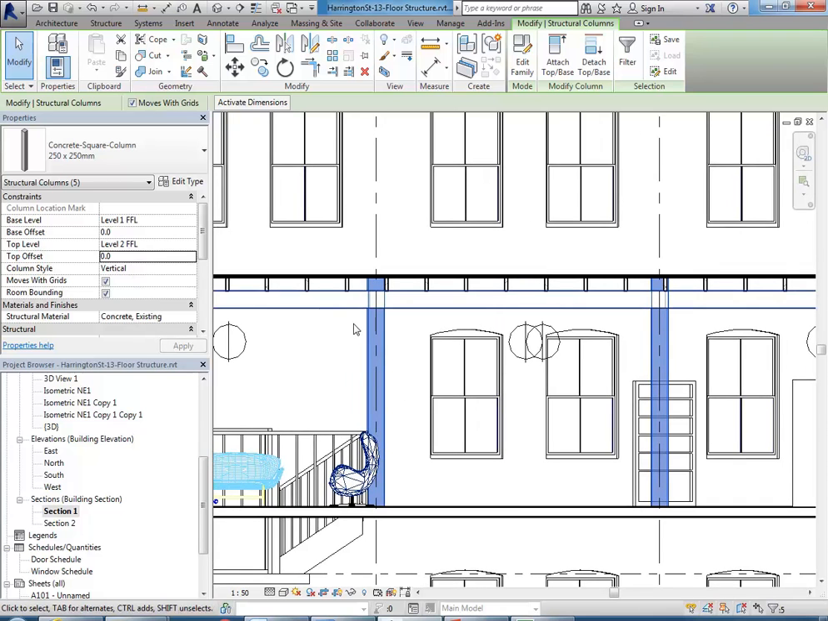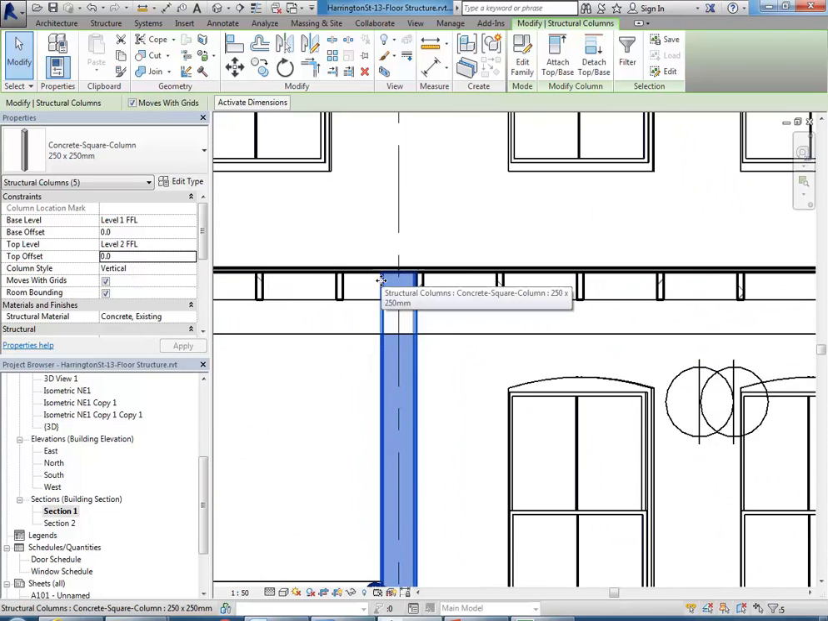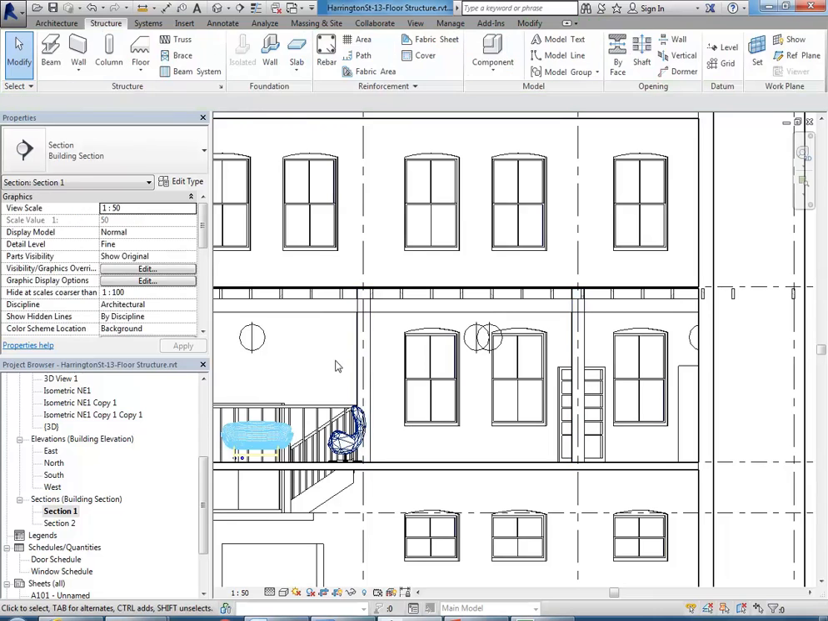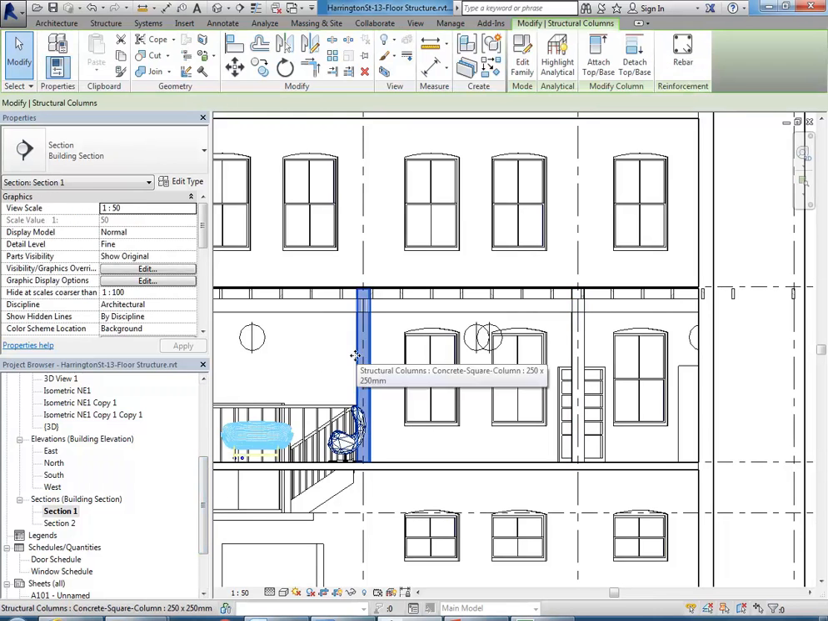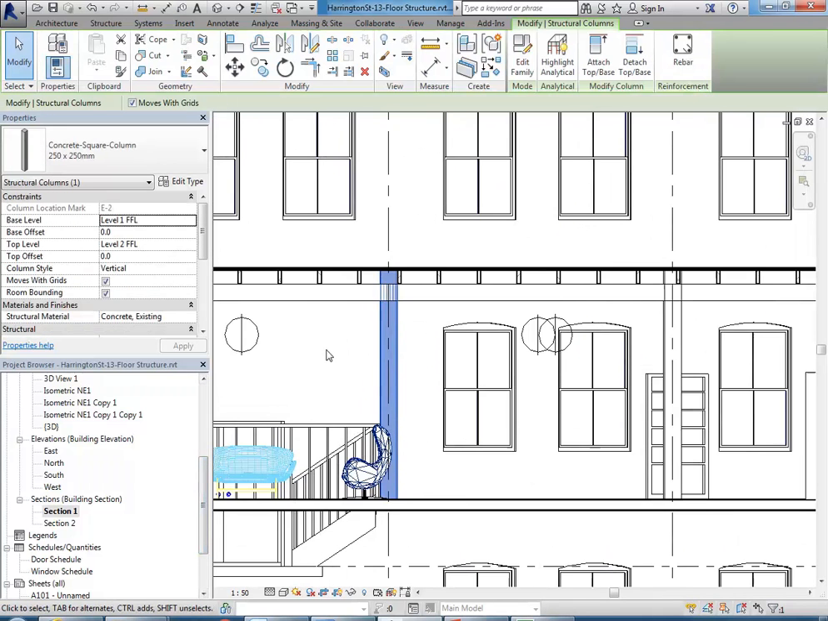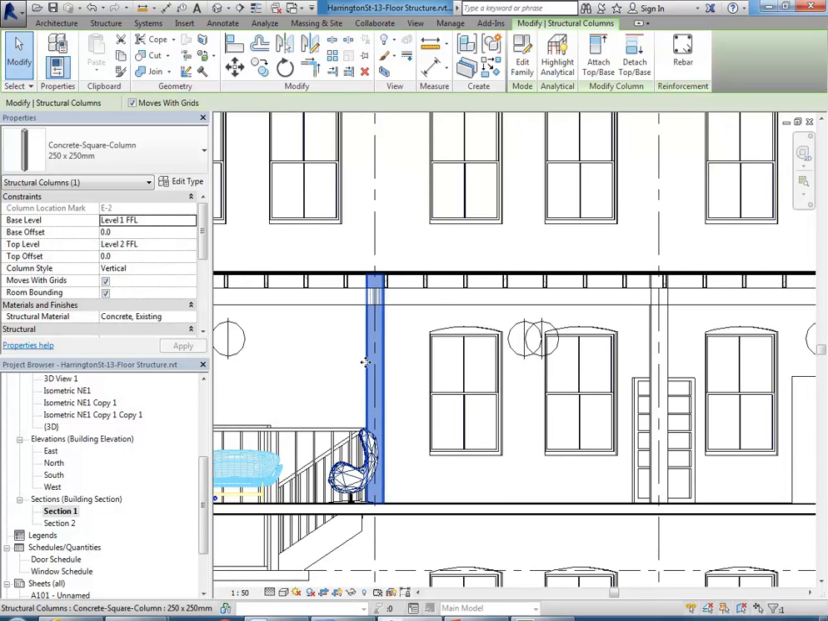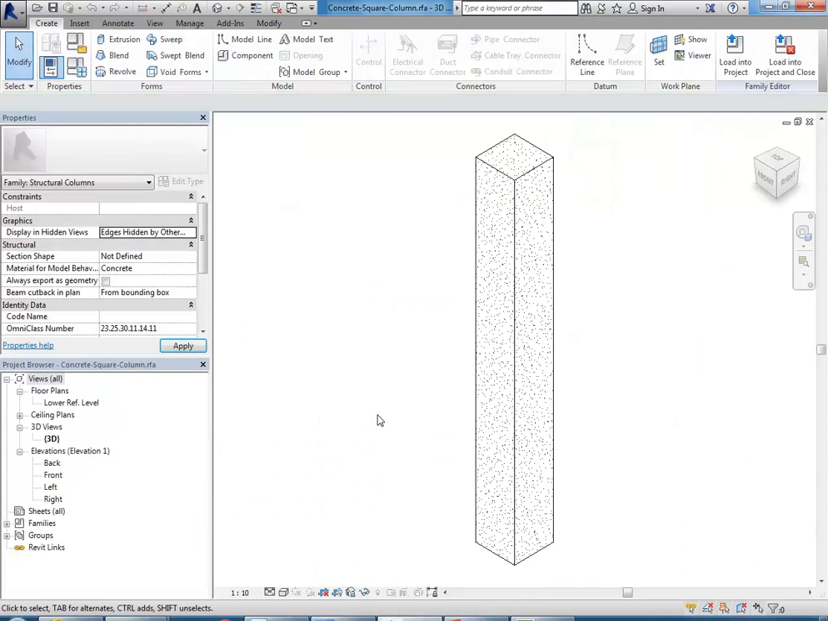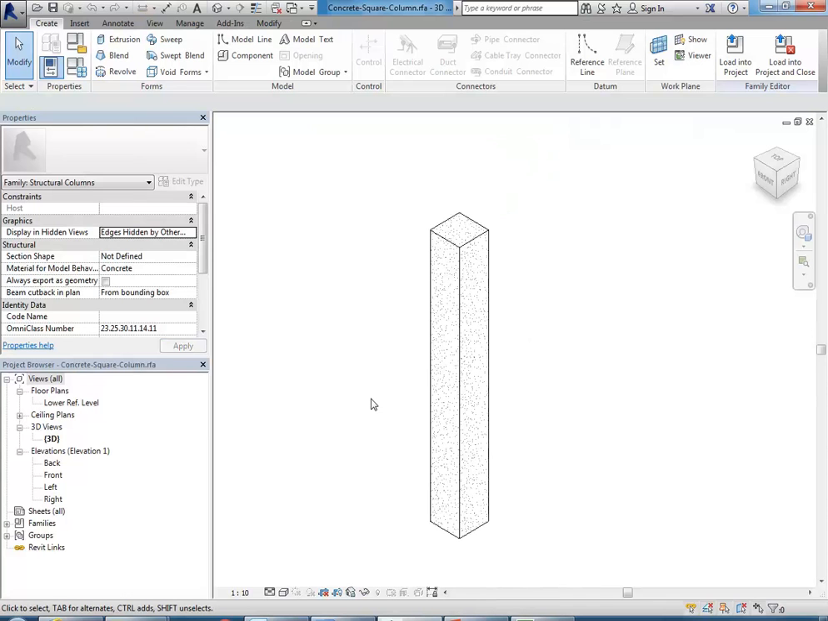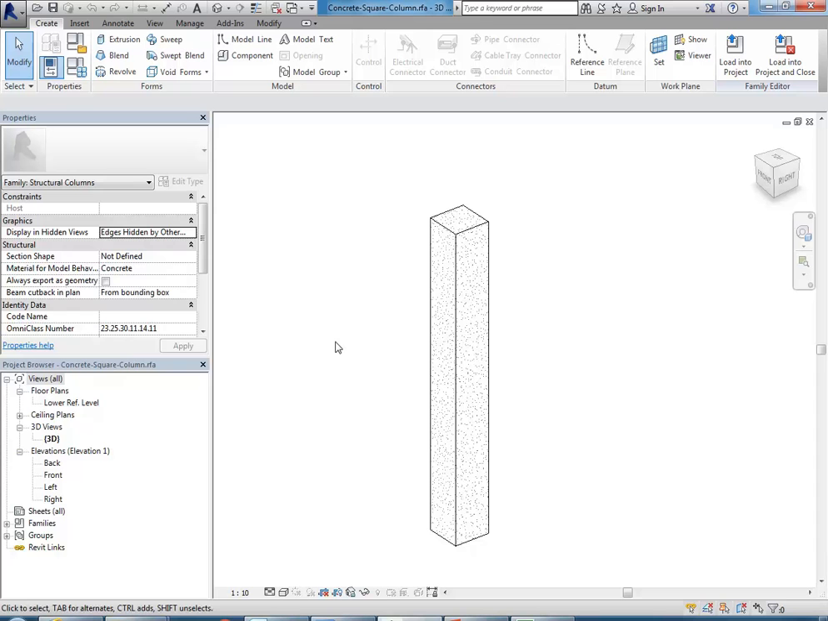Okay, so that's done, and now again I can select one of the columns, and it doesn't really matter which view I do this in. I'm just going to do it in the section. So with one of those columns selected, now I'm going to go to edit family, to see the column family file, and